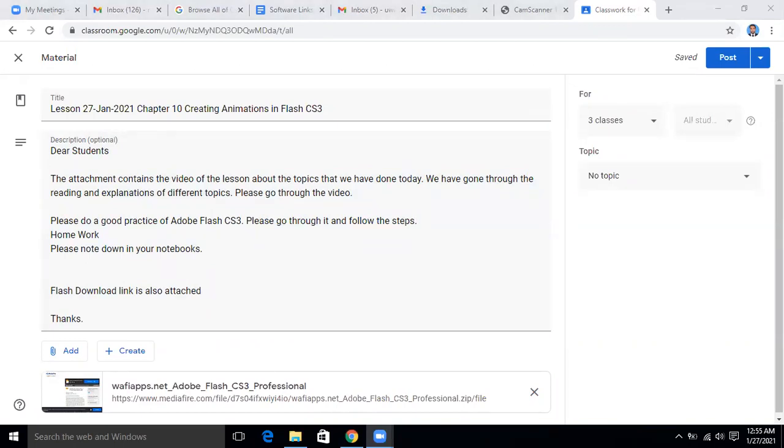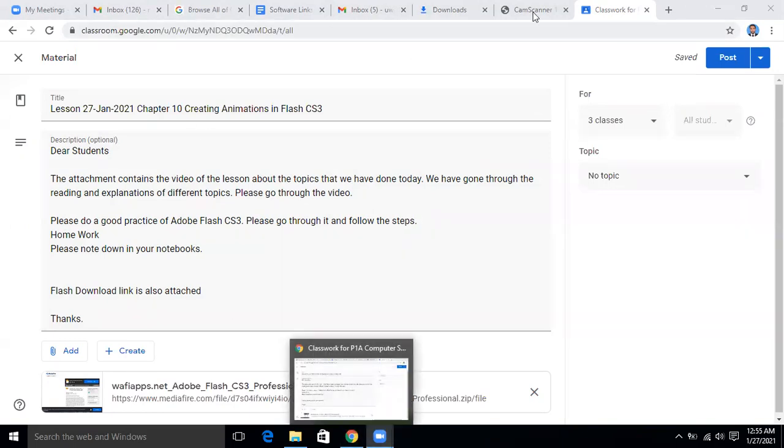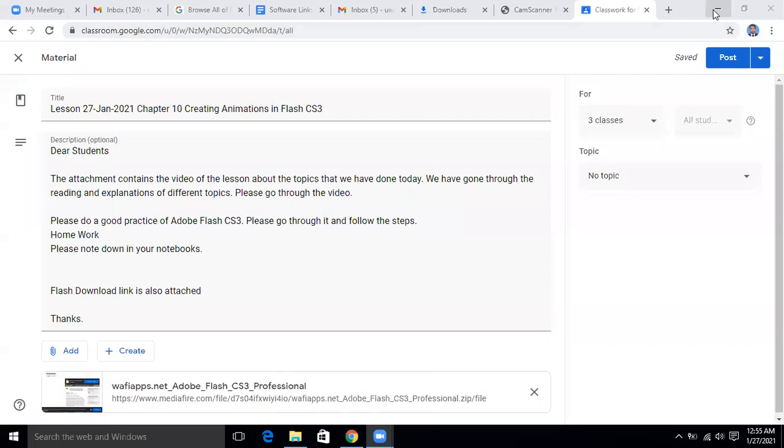Sir, I wanted to ask a question. Sir, last time you gave an assignment where you had to do an animation where a bird travels from one tree to another. Does that assignment include an exam? It was not, it was basically from the book, a chapter of the book. These were actually the lab activities. I have given all the lab activities to you in your Google Classroom so that you can go through them.